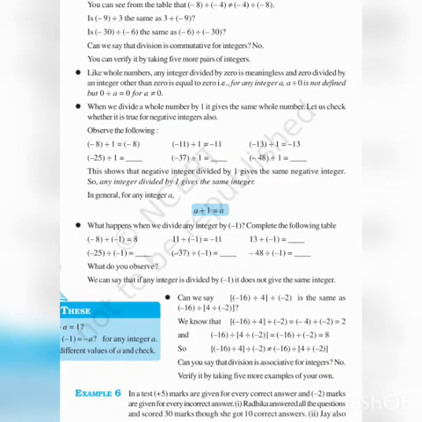In this page, what property is given? Any integer divided by 0 is not defined. a divided by 0 is not defined. I told you 0 should not come in the denominator, but 0 divided by a is 0. Next, a divided by 1 is a. If any integer is divided by 1, you will get the same integer. That is your division by 1 rule. Okay, children.